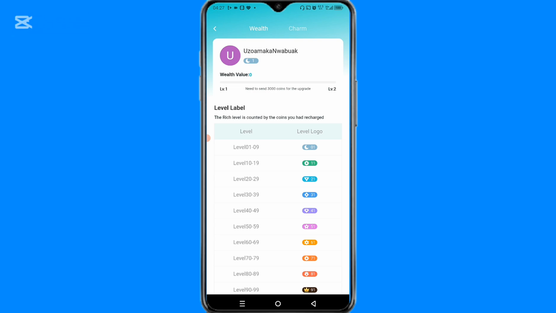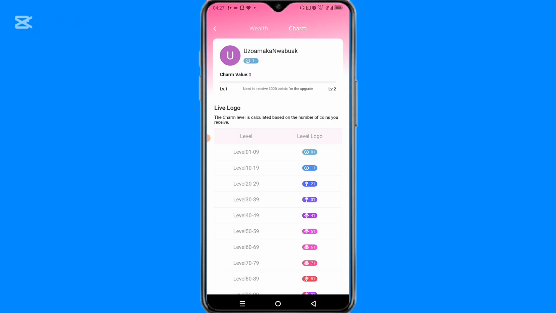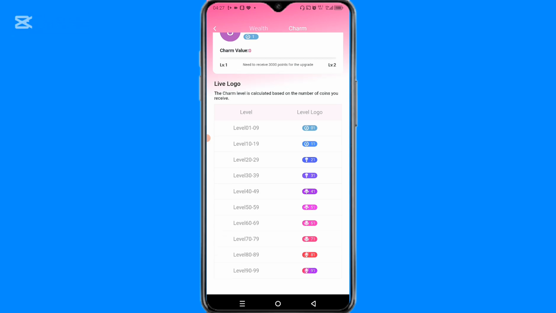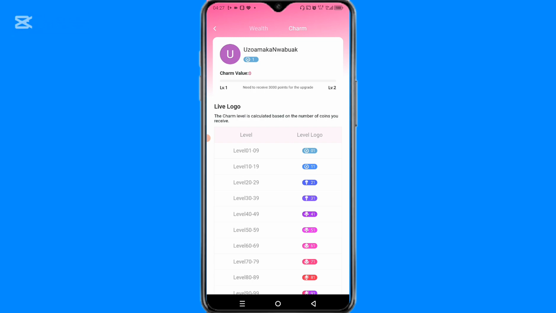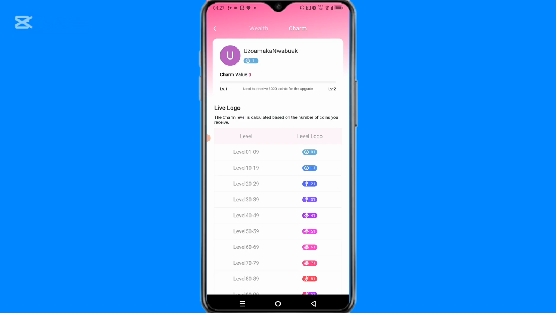To upgrade to level 1, you need 3,000 coins for the upgrade. And we have different kinds of levels. We have the wealth level and we have the charm level. This charm level still has up to 1 to 99 levels, and you need 3,000 coins to upgrade to level 2, and you'll be given 3,000